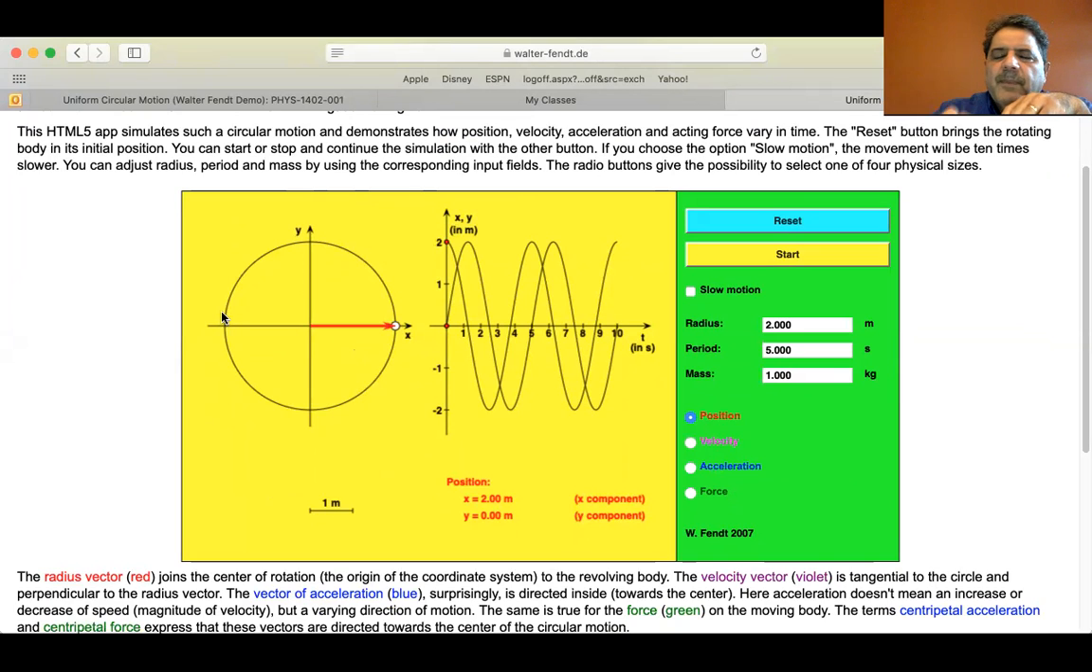the oscillating spring pendulum, as it went up and down, the graph showed a sinusoidal form. Well, here's a sinusoidal form generated by an object going around in a circle. And so let's start it. I don't know if it's going to be jerky, so I'm going to slow it down. But you can see